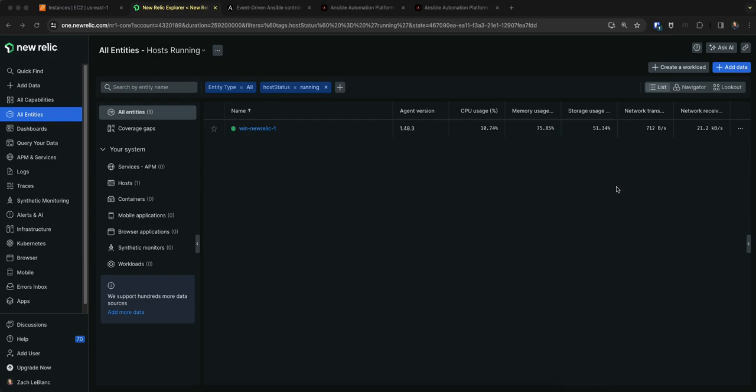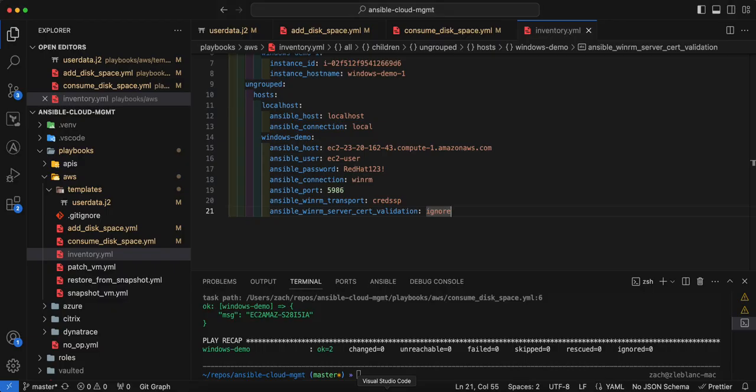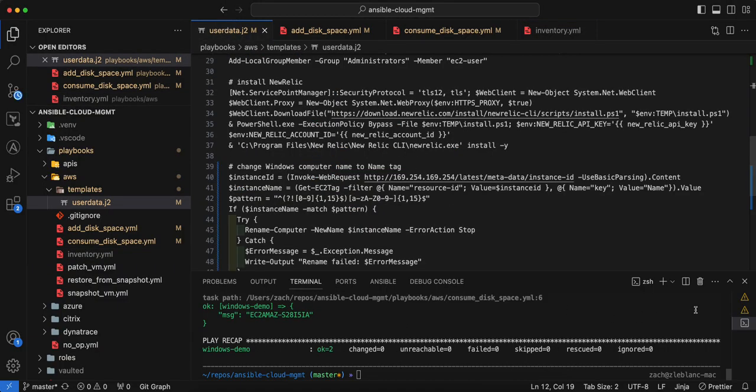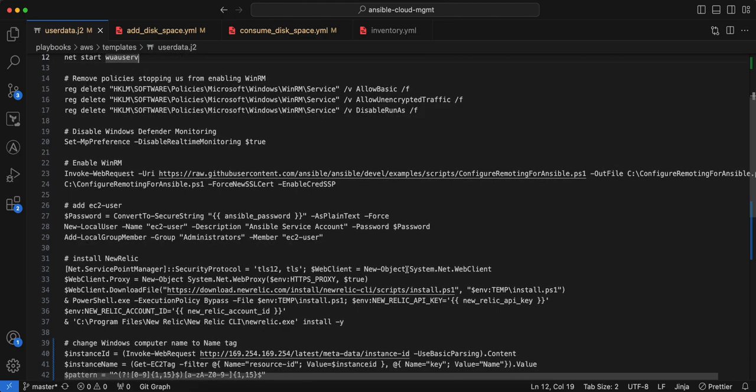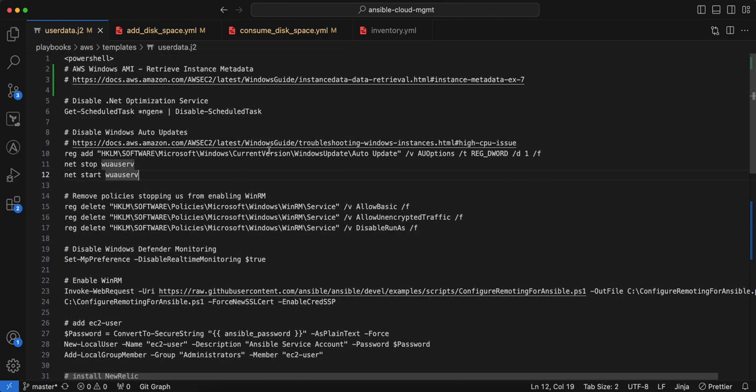So I'll be building these on an EC2 instance in AWS. The first thing you'll want to do if you set it up similar to me is you'll need a user data script that does some of the setup for you. So I'll go ahead and show you mine and just walk through some of the key parts that set this up well. So the first thing you'll want to do